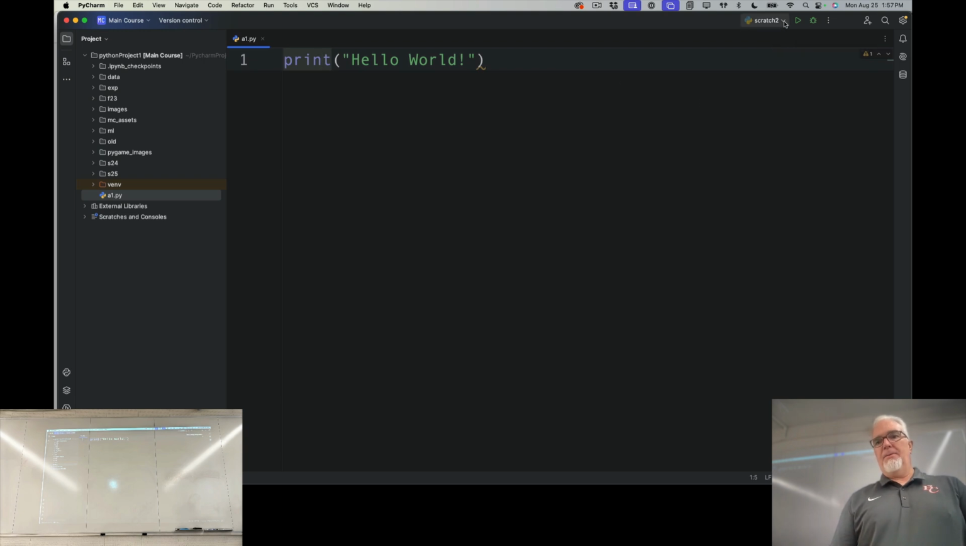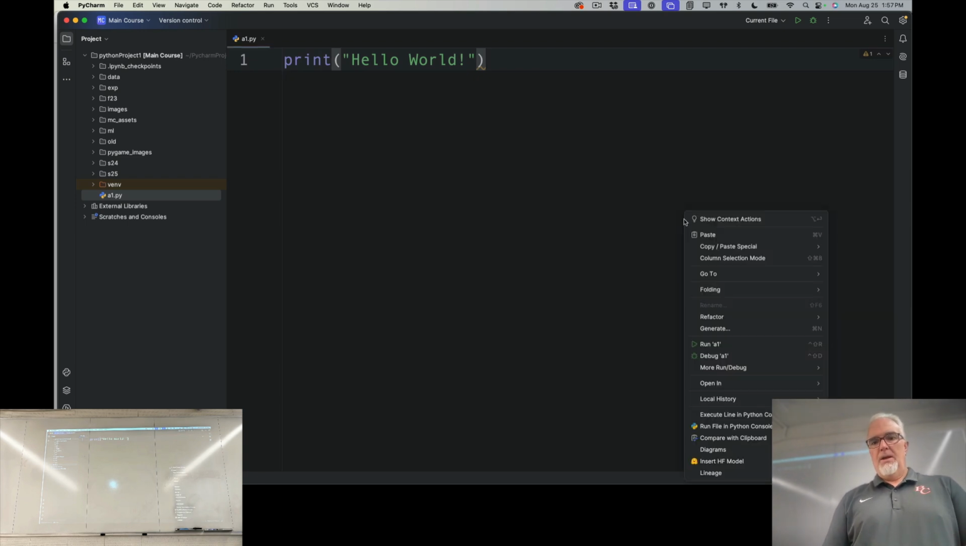So now to run this, I can come up here to the menu, and down this little drop-down menu, I can choose current file, and then I can hit the run button. Or the other way to do this, the way that I sometimes prefer, is I can right-click on the screen, and I can choose Run A1 from the menu that pops up. Okay, so when I run that,